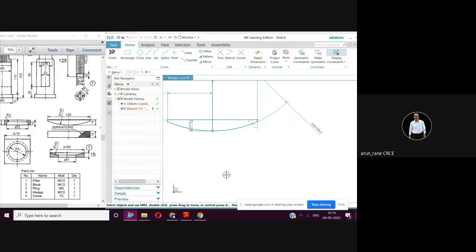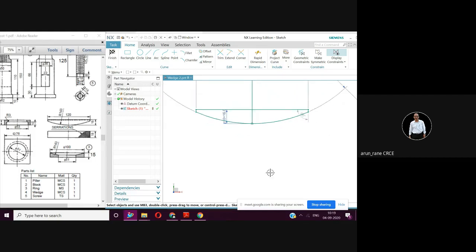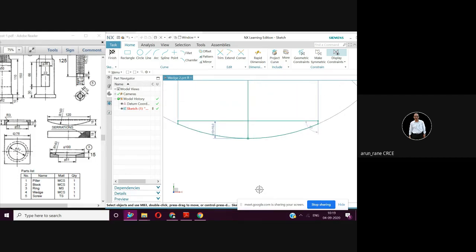Delete this line. Again zoom and see. So this is 120. That's what we have done. We have drawn a circle of 286, and then we have maintained this distance 120. Then we have drawn this line randomly, and we are now keeping this distance of 60. Since this was fixed at 95 when we drew it randomly, that constraint we deleted so that this line is able to take this 69.